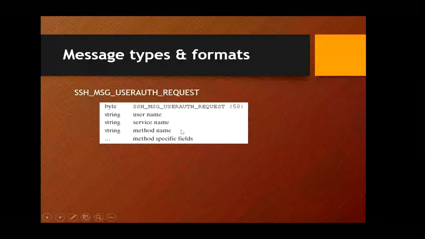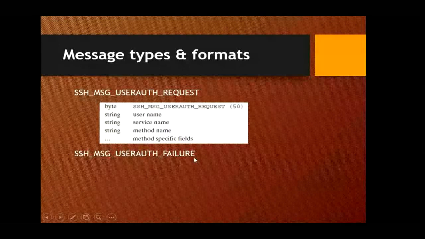Now, if the server either rejects the authentication request or accepts the request, it will require one or more authentication methods. So the server will send a message with the format which is shown as SSH_MSG_USERAUTH_FAILURE.